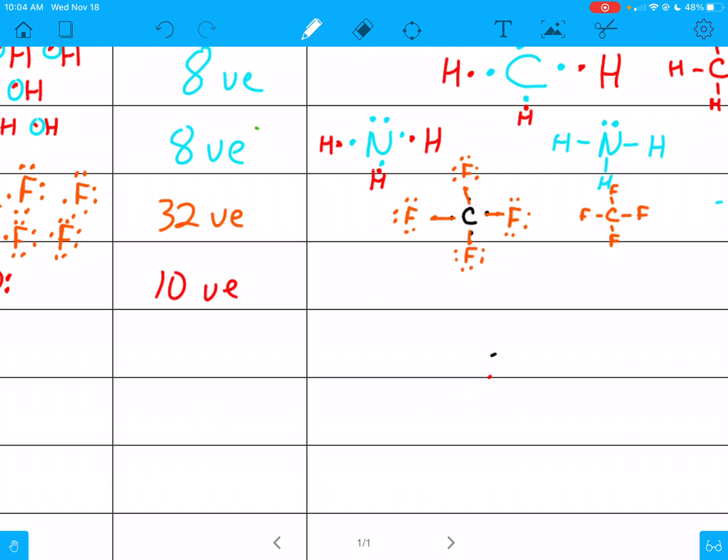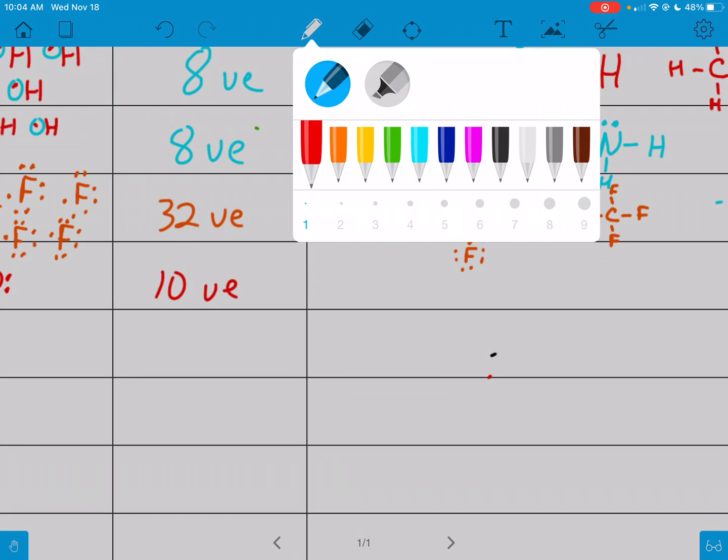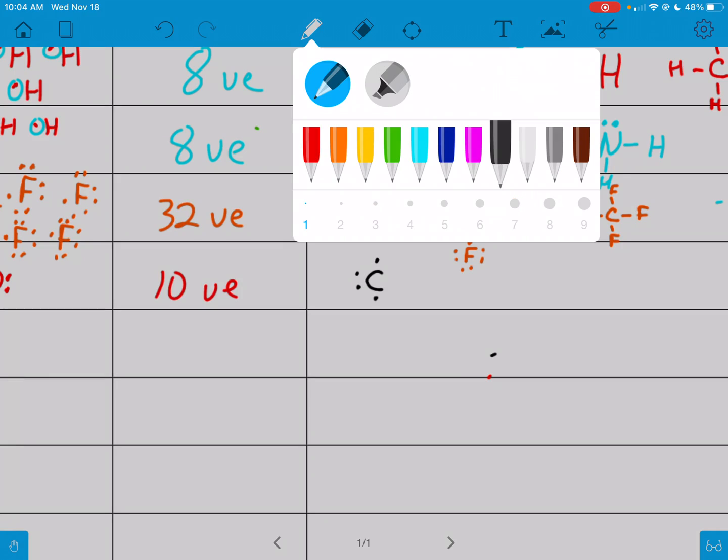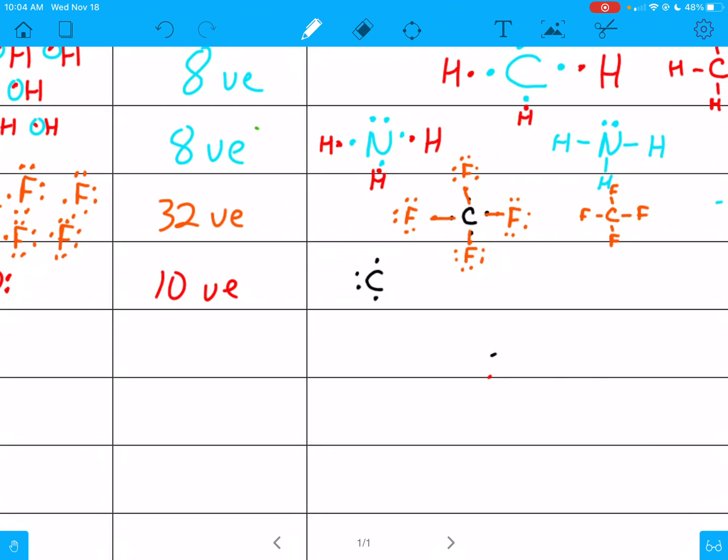Let's try again. We're going to do carbon again. Sorry, my bad. I'm going to do carbon here, and carbon is going to be 1, 2. I'm going to just change this up. I'm going to do 3, 4. I'm going to do it like that. And then we're going to do oxygen. Change that to red. Oxygen is going to be over here, and it's going to be 1, 2, 3, 4,